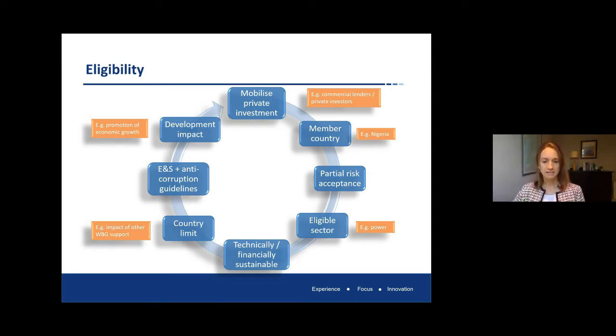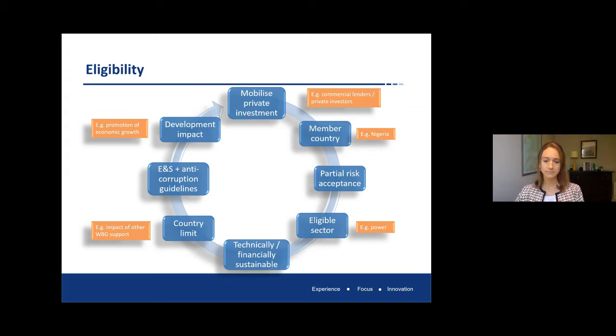So as Simon has alluded to, we're going to go now into a little more detail on the World Bank PRG product specifically. And we thought it might be helpful to start with a bit of an overview of the criteria that a project will need to meet in order to benefit from a World Bank partial risk guarantee product. So to start at the top of this slide, mobilising private investment. The key here is that the intention for the World Bank product is to initiate private investment into countries or sectors where perhaps that wouldn't ordinarily be so straightforward, and to assist in mitigating risk to the extent that allows